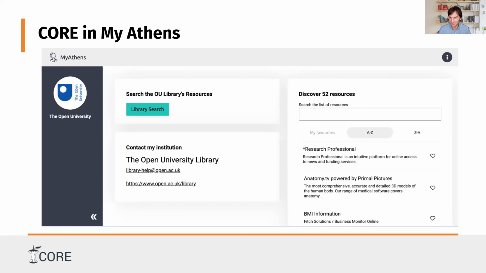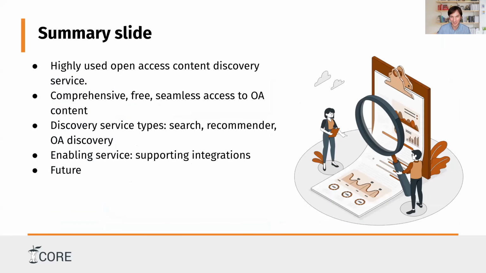This is a slide on which I would really like to hand over to Jake to show you how the integration works. But before I do so, I just want to shortly conclude with a couple of summary things. So what is Core? Core is a very highly used open access content discovery service. We try to be comprehensive. We are free to the researchers.